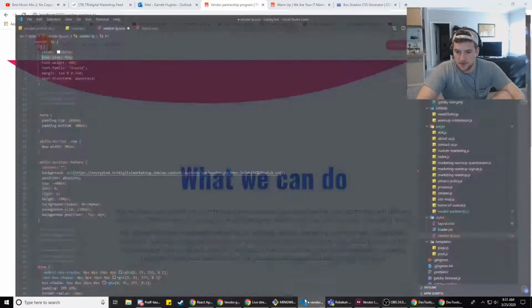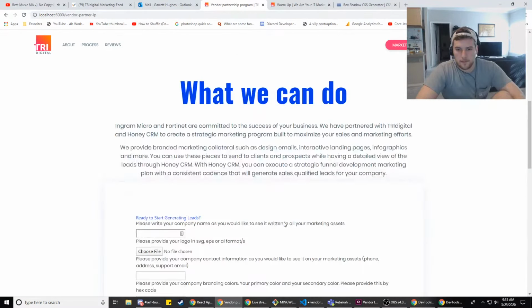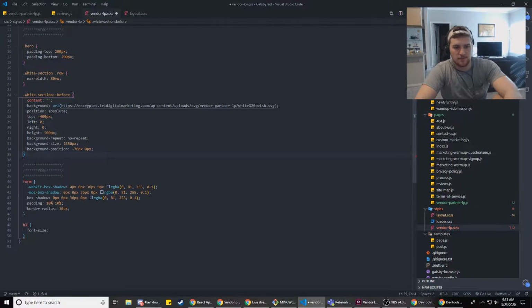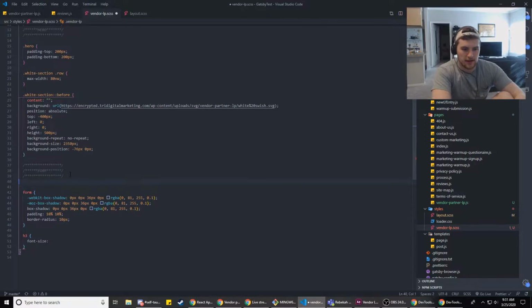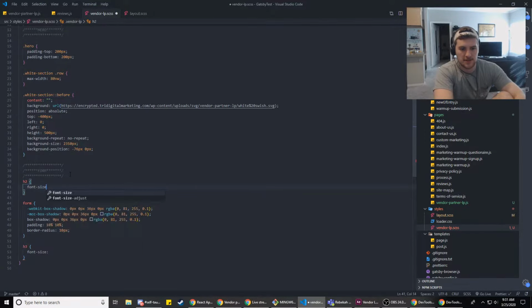It does. So that can be in our form section. We'll just delete that one, and then we'll do an H2 text transform, uppercase.